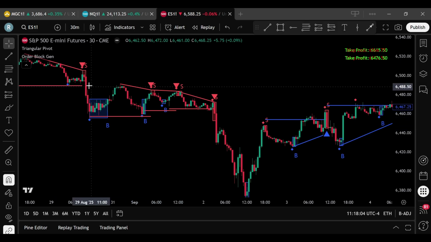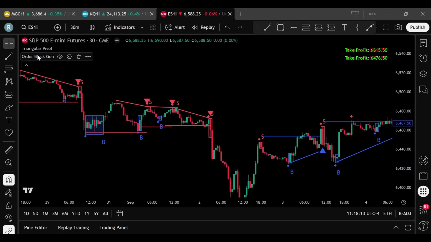And now here we are on the S&P 500 E-mini futures 30-minute chart. And this is going to be my favorite confluence with the triangular pivot, is the order block gen from Indicator Vault as well. Pairing this together is going to be very powerful in interpreting where price is going. So for instance, we obviously have bullish order blocks and bearish order blocks. Well, pairing these together, specifically inside of the patterns itself, you're going to find very powerful order blocks form inside